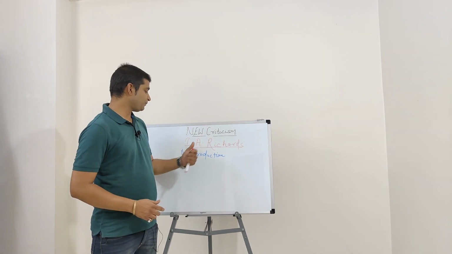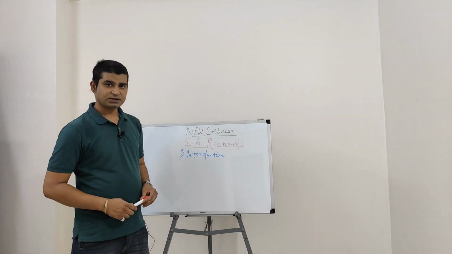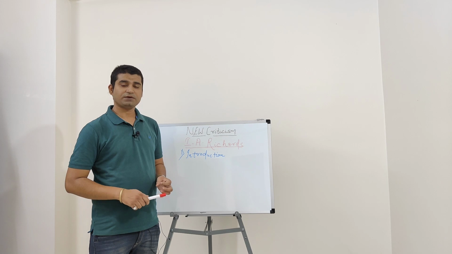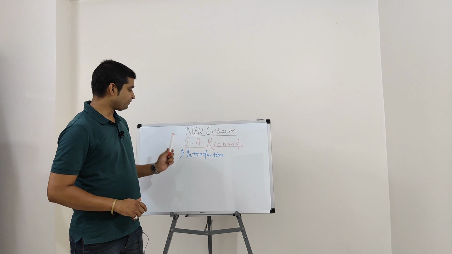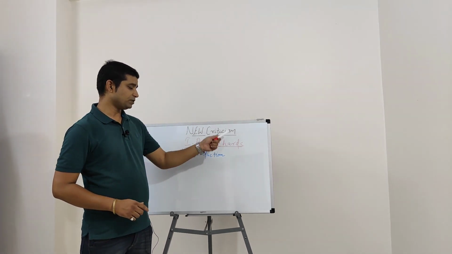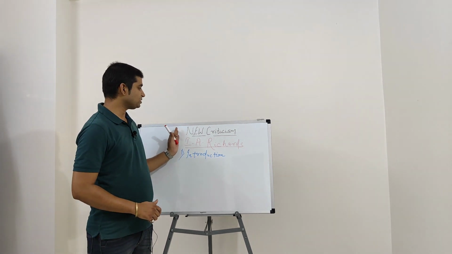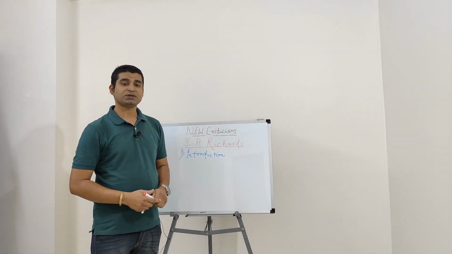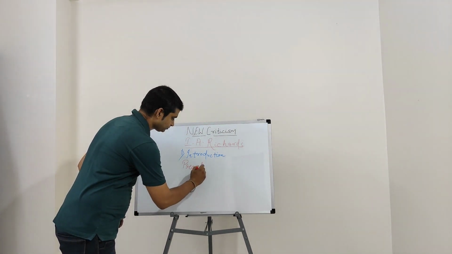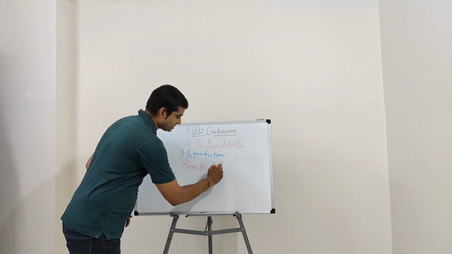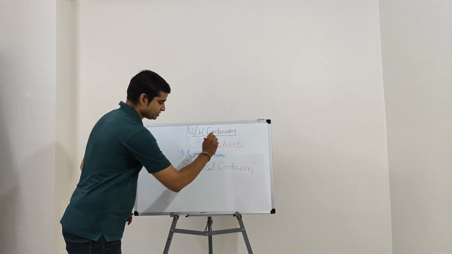Now I.A. Richards' full name was Ivor Armstrong Richards. He was a critic, a poet, and also a rhetorician, and he was the founding member of the school called New Criticism. But my friend, you must remember that he never used the term New Criticism. He used the term practical criticism. He never used the term New Criticism in his work.